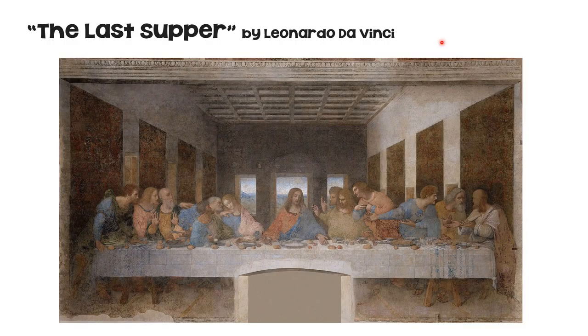A couple of fun facts about this: there's a lot of symbolism inside of this painting that you can see. Some of the spilled salt on the table, all the disciples, pretty much everything that they're doing, it has some sort of hidden symbolism. For example, Judas' face is almost hidden in the painting. And also a lot of the disciples' hands are showing a lot of things with symbolism.